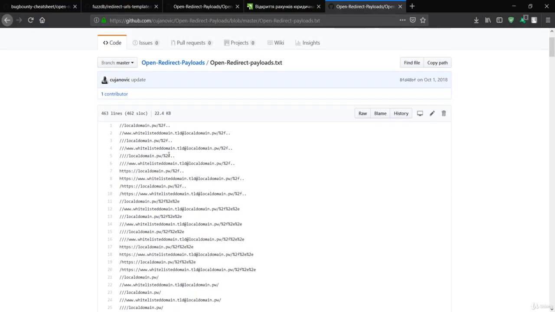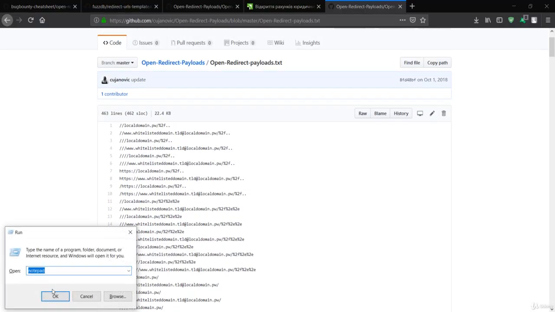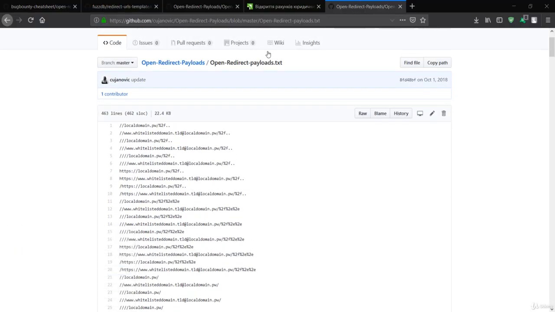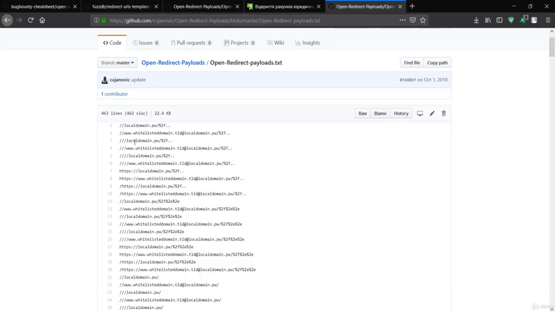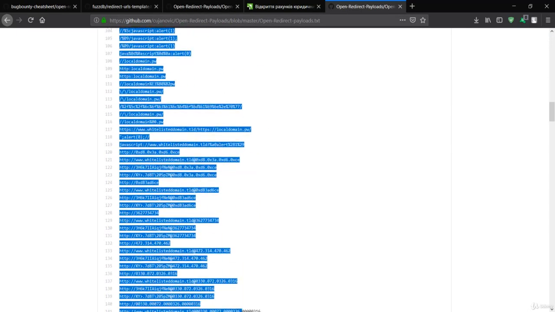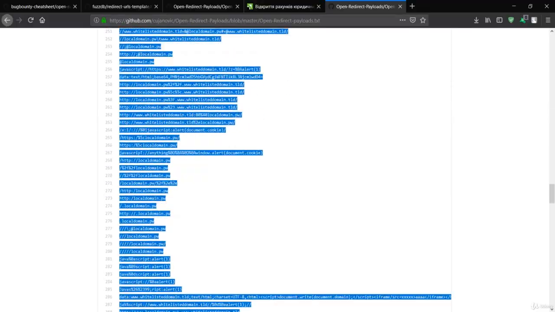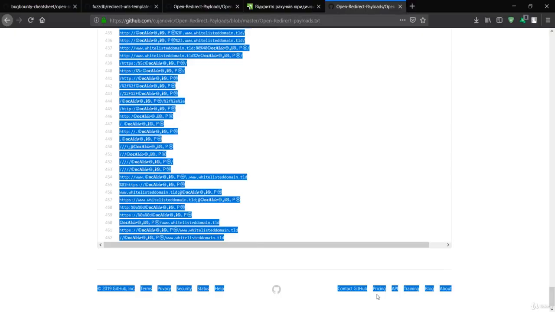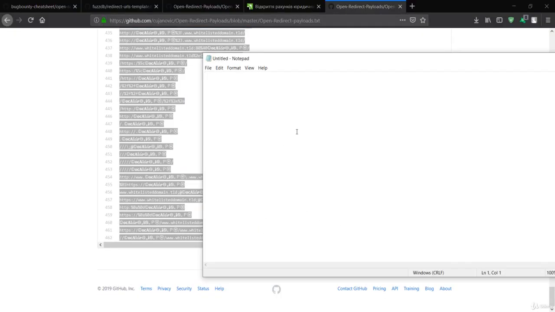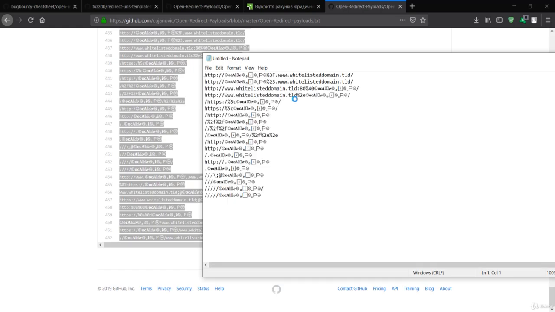All you need to do is create a new notepad or text file, copy all of this, which is some 460 lines of payloads, go back to this text file and paste it over here.